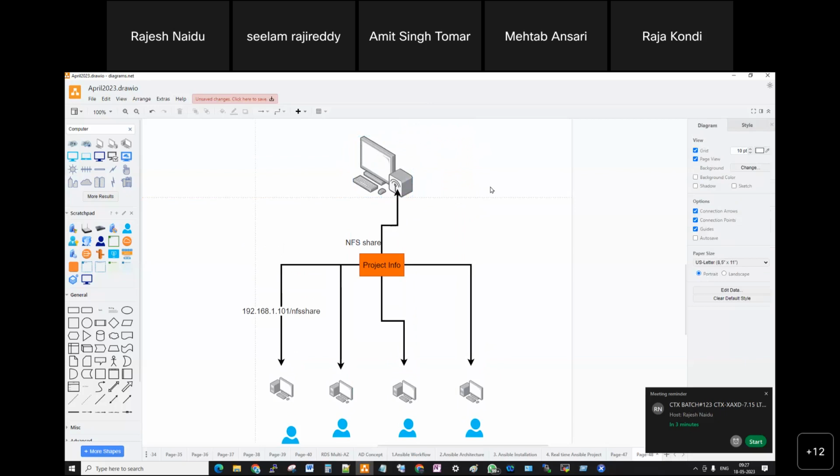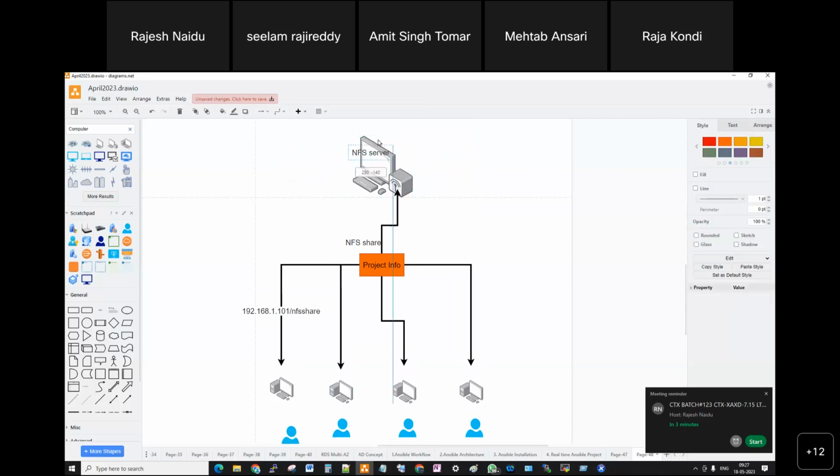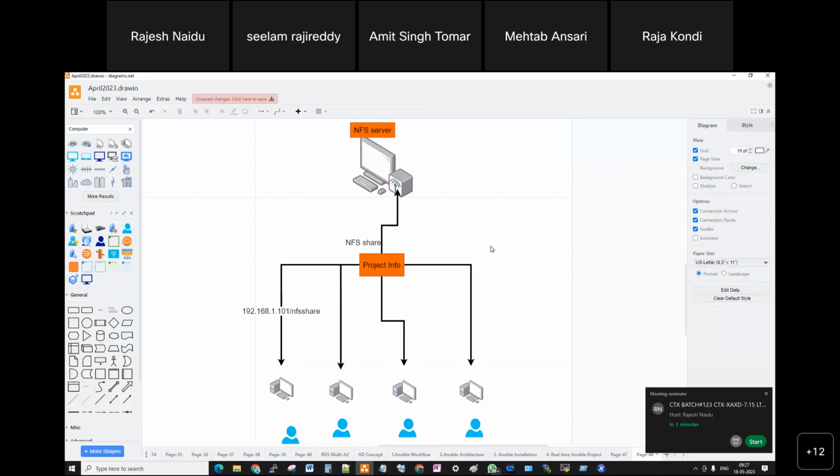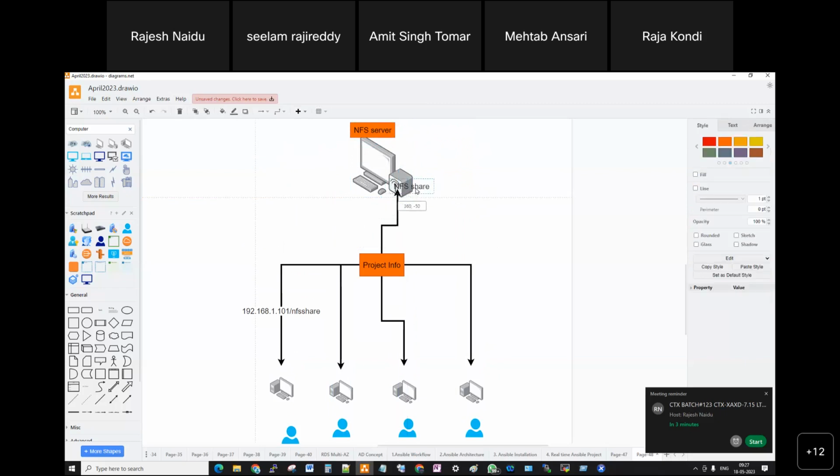So this is an NFS server, and this is an NFS share. In this NFS share, the project info directory is there, and it will be shared with multiple people.